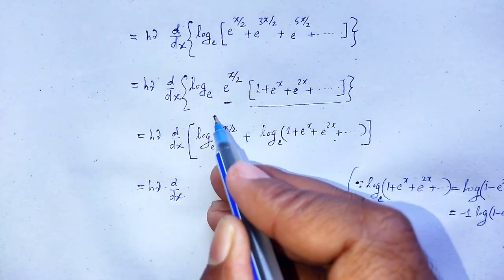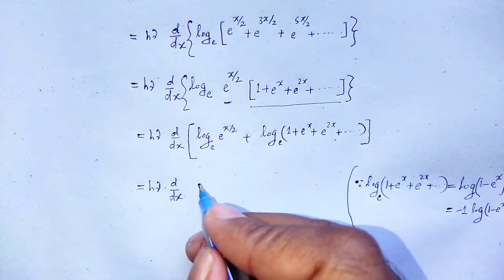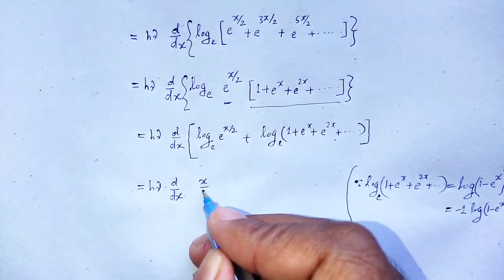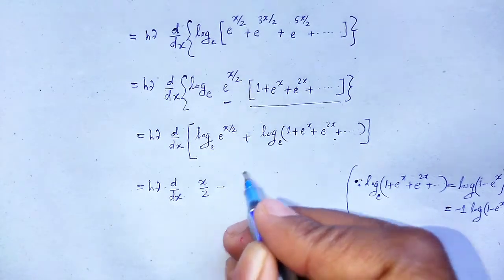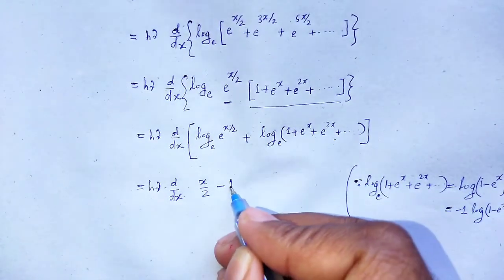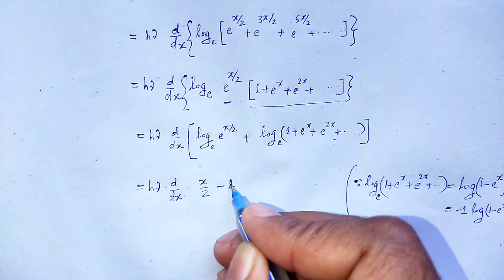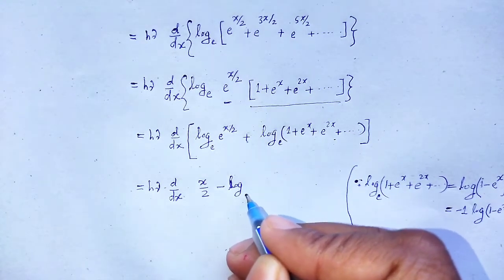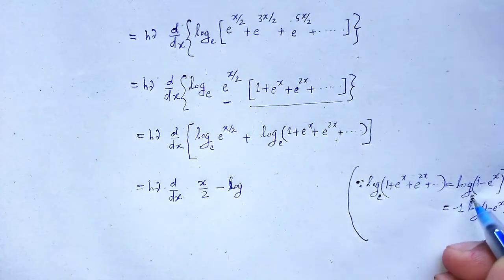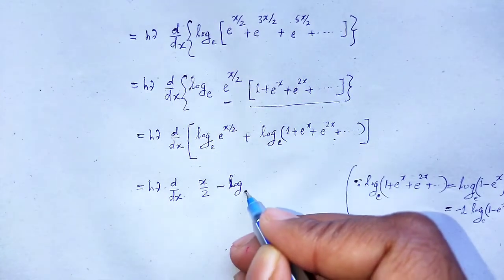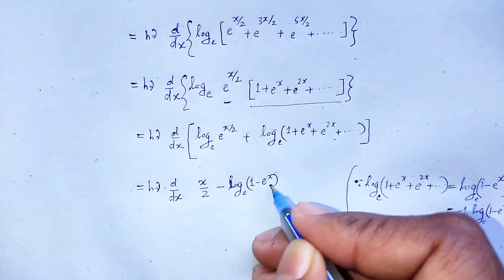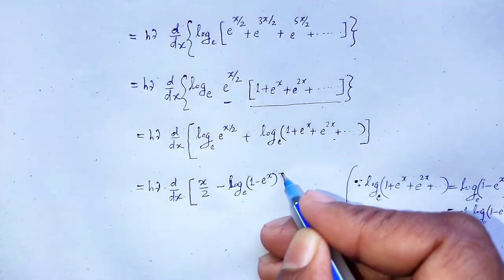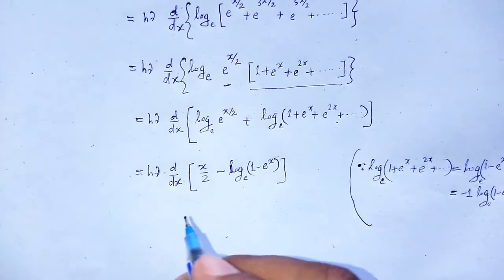So that x by 2 is multiplied to this term, that is x by 2 log e base e, which is equal to 1, minus, instead of that we use minus 1, that is log base e of 1 minus e to the power x,